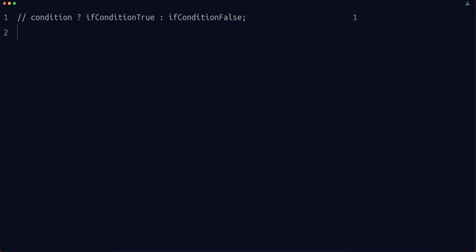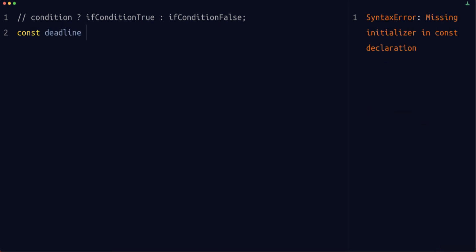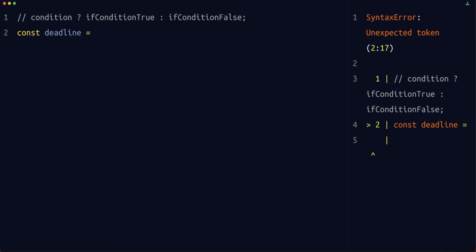And now let's see it in action. In this particular example, I'm going to create some kind of deadline checker. So I'll say that we are checking if a deadline is due, or is past, or is today. So I'm creating a variable, const deadline, and I'll say it's Wednesday,